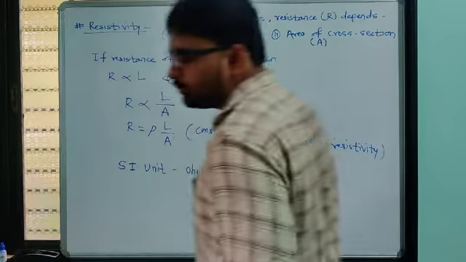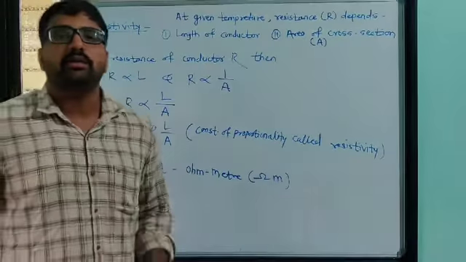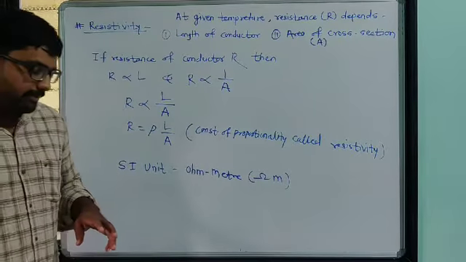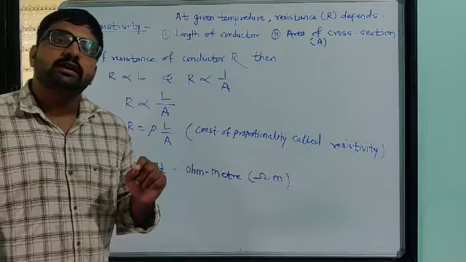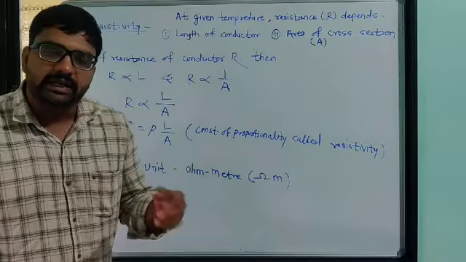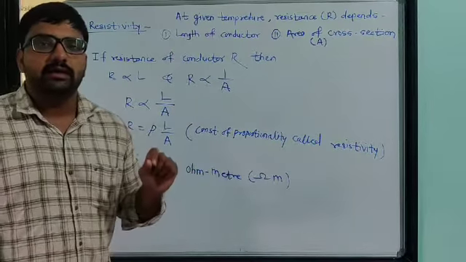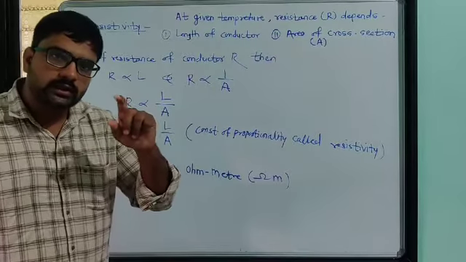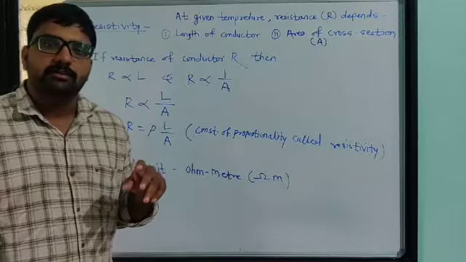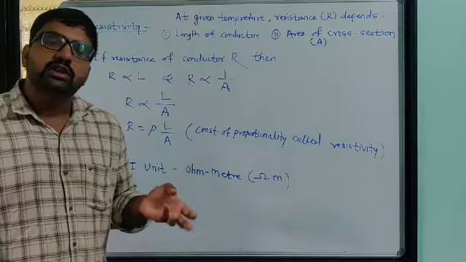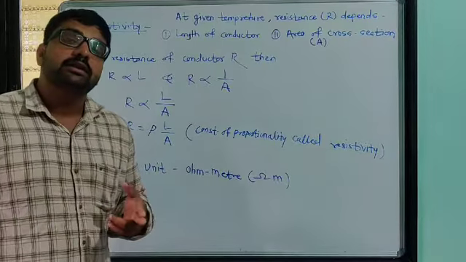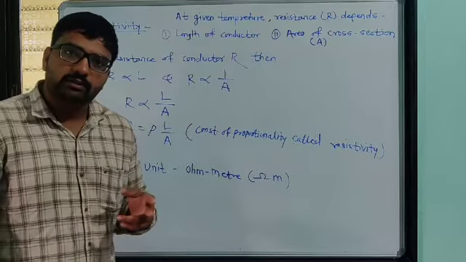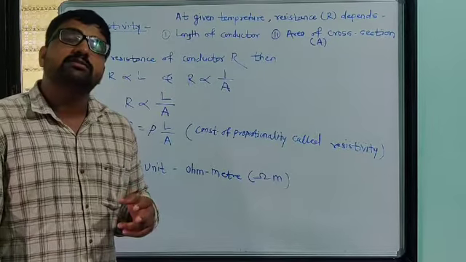Good morning students. Up to last lecture we have studied resistance. In the part of resistance we have studied that it is a resistive property of a material. As electric current passes through a conductor, due to the collision of electrons with the atoms and ions coming in their path, some hindrance is produced.